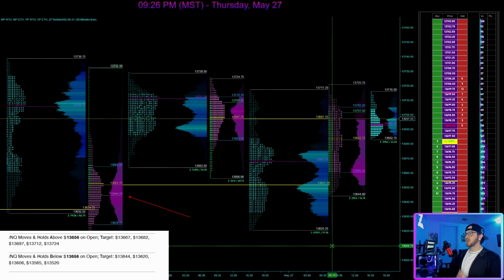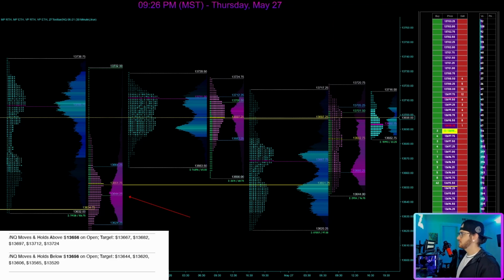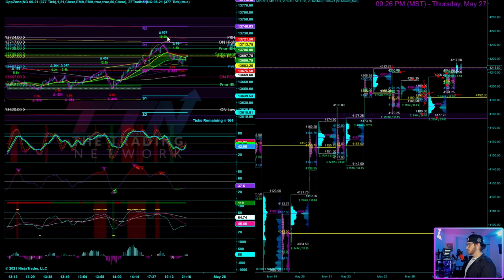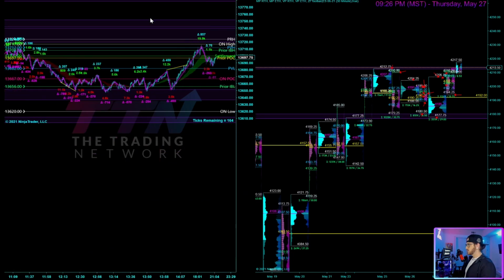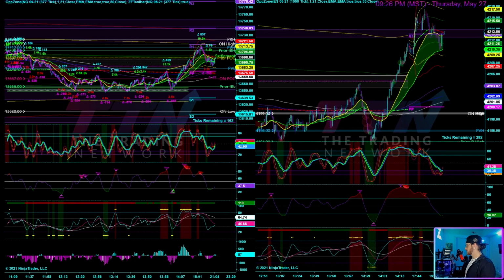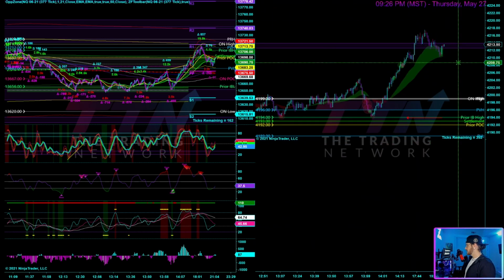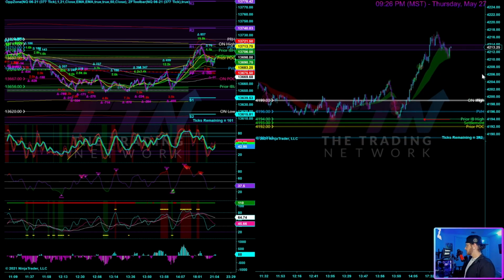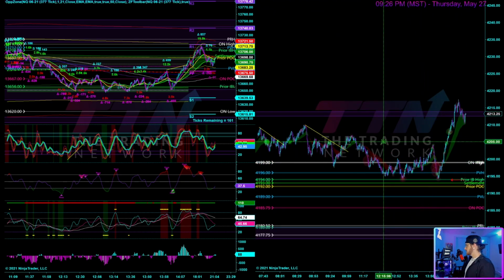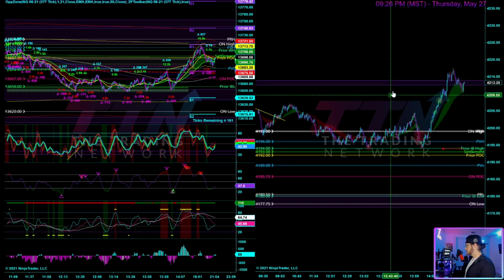So while today's price action in a lot of instances was like pulling teeth, there was still edge. There was still a lot of great reaction off of market profile levels. And if we go over to the regular chart here, I'll give you guys some examples. All right, so I'm going to make this quick. I just want to show you how well these levels will get reaction. So actually, let me do it this way. I'll pull up my 1,000 tick chart. I will get rid of some of my indicators here. Let's do it this way. And you can see how orderly these profiles get reaction.